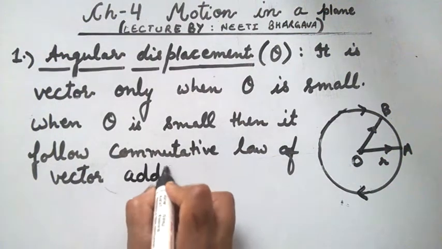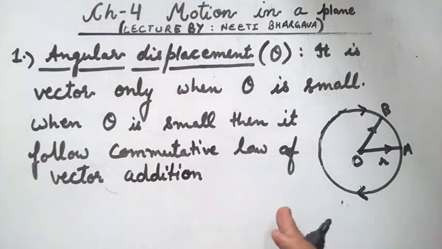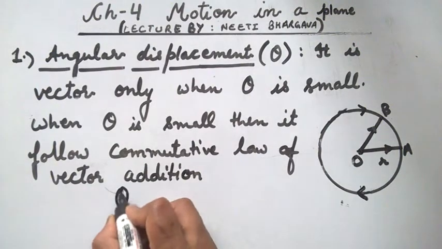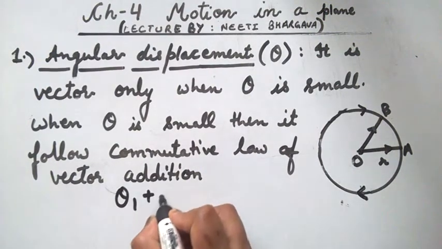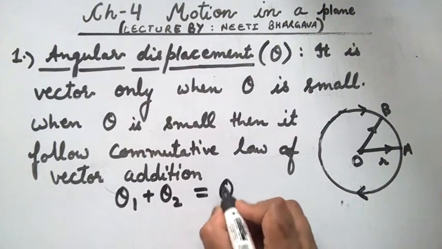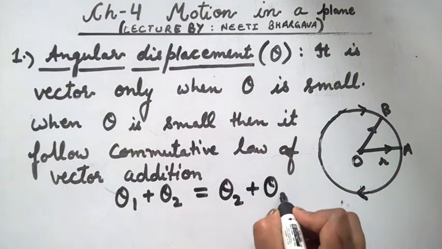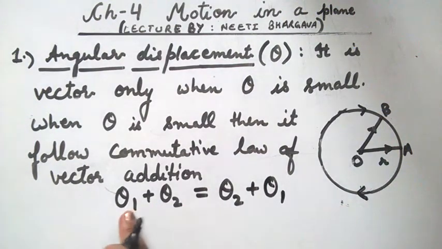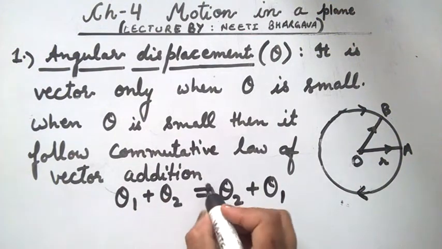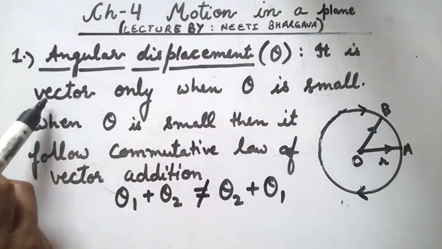That is, if we add two vectors together, then their order doesn't matter. Either we are adding theta 1 to theta 2 or theta 2 to theta 1, the answer will be the same. But if these angles are very large, then they will not be equal, and then this is not a vector